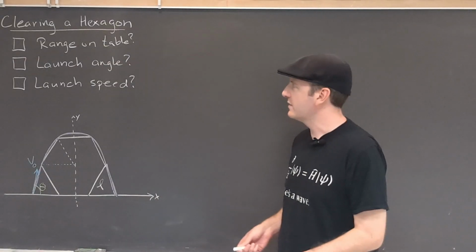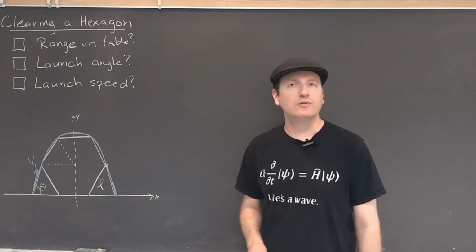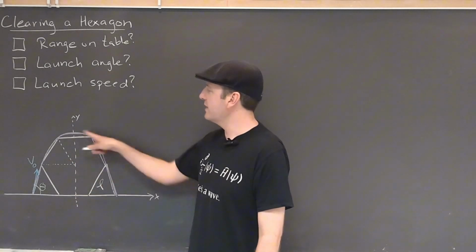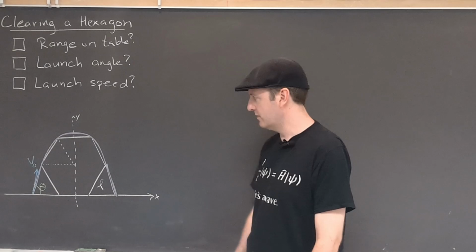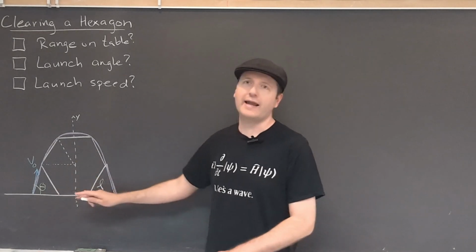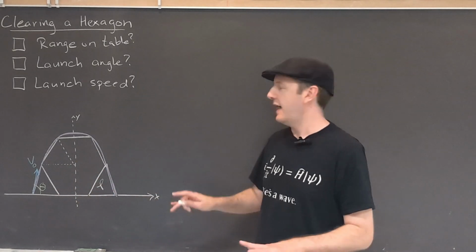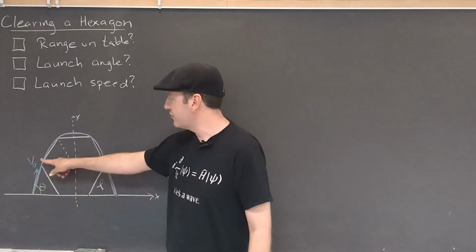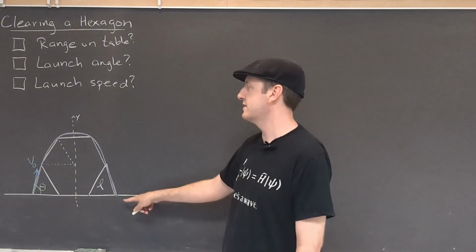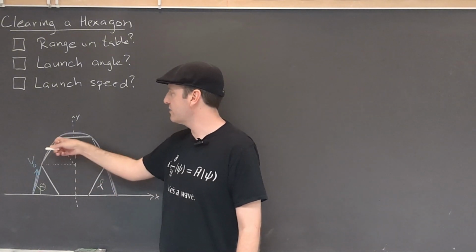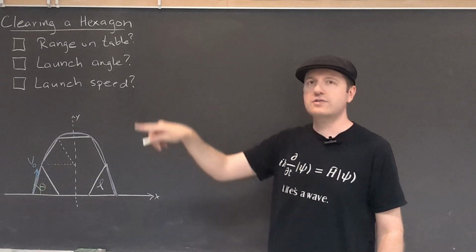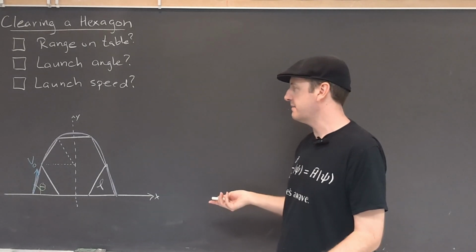So today I thought we'd do another clearing the obstacle type problem. And on the board I've drawn a regular hexagon of side length L with one of its sides flat against a horizontal surface. And our goal is to figure out a couple things about the trajectory that just barely clears this object. In other words, these four upper vertices of the hexagon are going to be just intersecting the trajectory